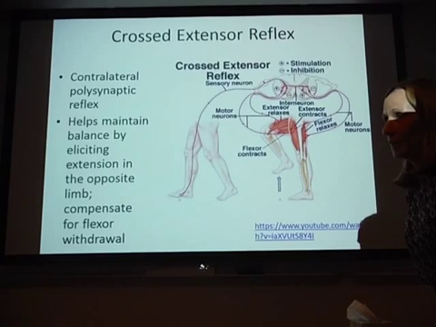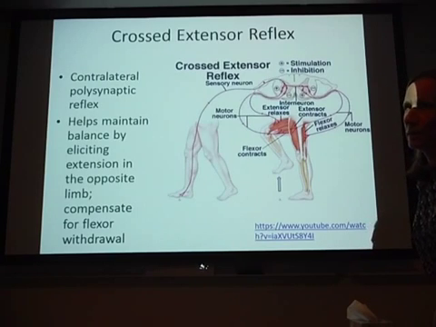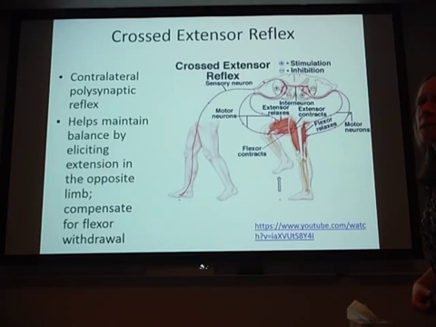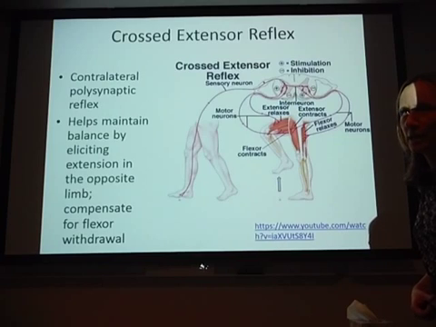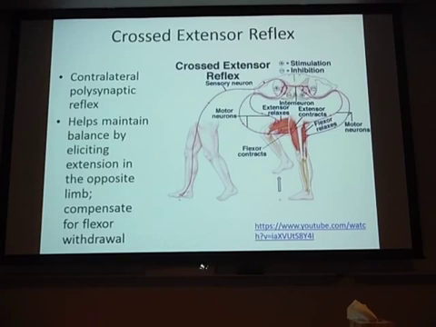Off the ground. So something is going to need to happen with this leg so that as I bring this leg up, I don't fall over. Okay? So again, as I get a painful stimulus here and I need to withdraw this leg and bring it up, I need to have something happening on the opposite side of my body so that I can withdraw my leg from that stimulus. And that thing that happens is the crossed extensor reflex, where, again, it's another polysynaptic reflex,